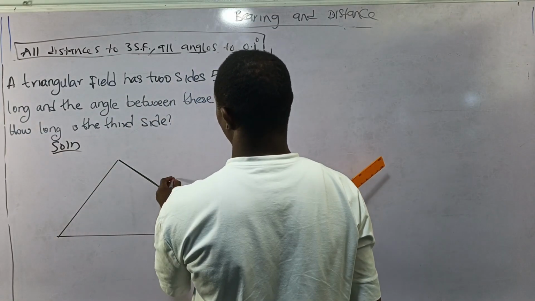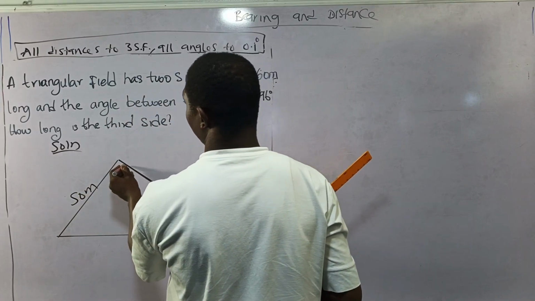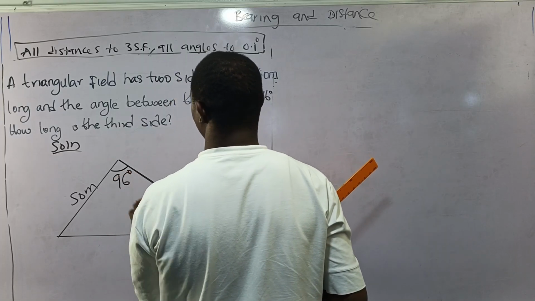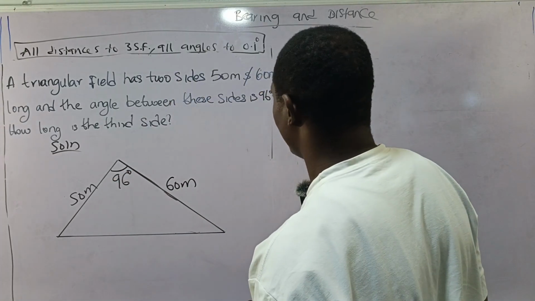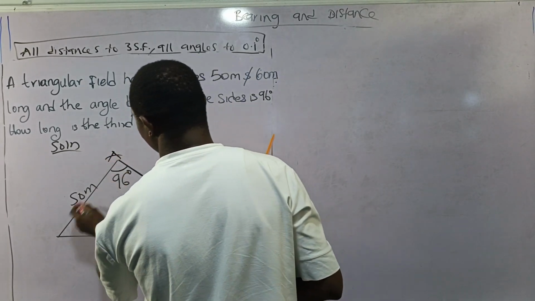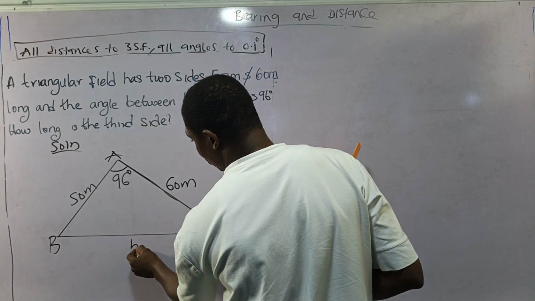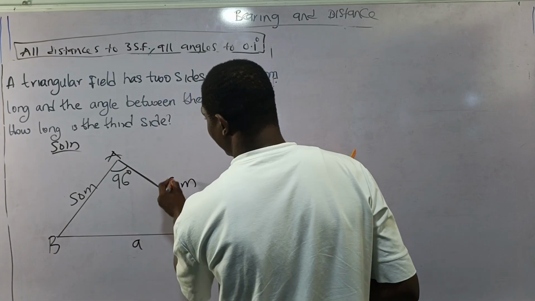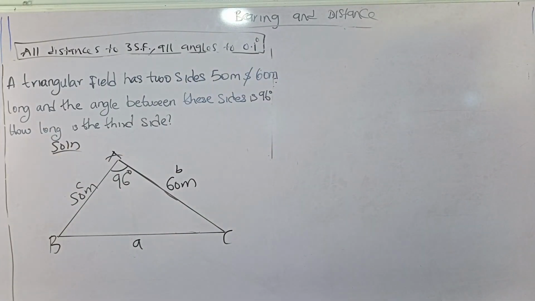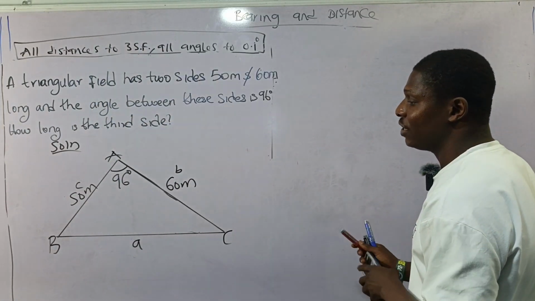Now, this is my 60 meters, this is my 50 meters, and the angle between them was given to be 96 degrees. This implies that this is an obtuse triangle, and we have to look for the third side. This is the third side. You can take here as A, B, and C. So the third side happens to be BC, which corresponds to small letter A. This is small letter B, and this is small letter C. So you can see that we have two known sides and the included angle, so we can use our